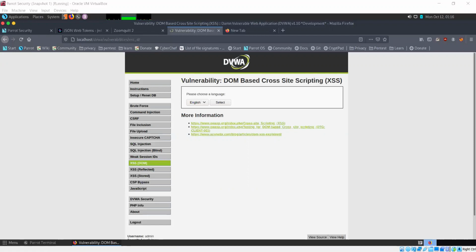So with the object model, JavaScript has the power to do whatever it wants. It can change all the HTML elements in the page. It can change all the attributes for those HTML elements. It can remove existing HTML elements, or it can add new ones.